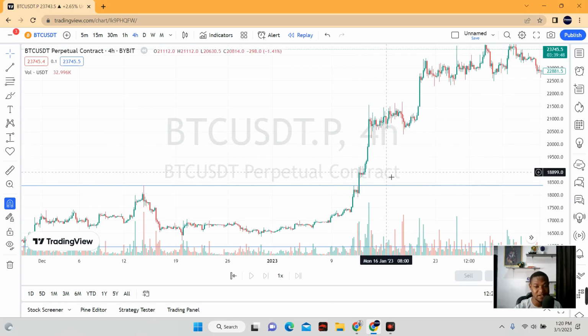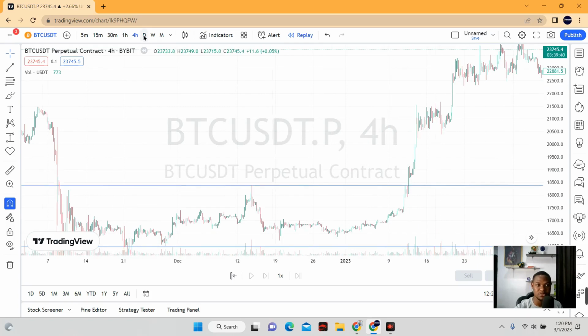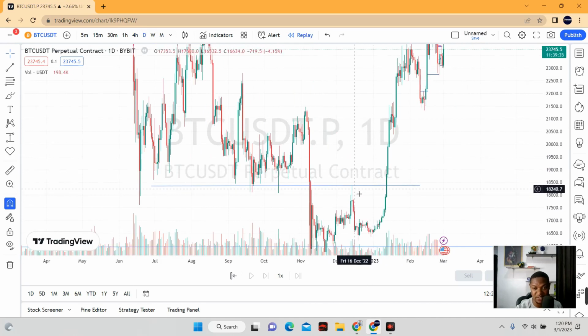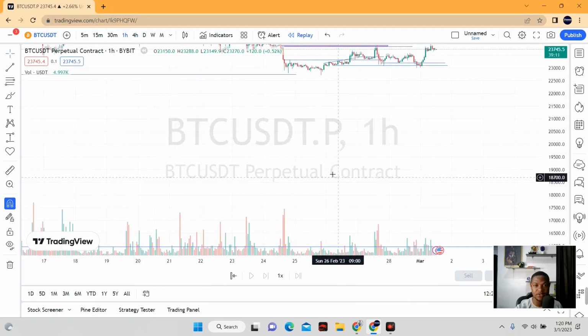Okay, so once there is a retest and you see that market is now going up again, then it means that there is definitely a change of trend or a change of direction, anyone wants to call it, because initially market actually broke through a very significant resistance here. You can see it's very significant. This is a support here that broke through, that now formed a resistance. Market broke through the resistance without even having a daily time frame consolidating. It means that the bulls were very strong in this particular zone. So after this breakthrough, if you go to lower time frame of 4 hours, or let me go down to 1 hour, okay, you can see that